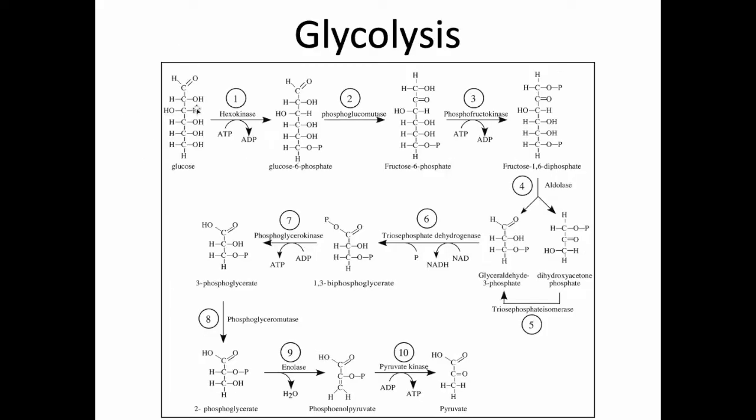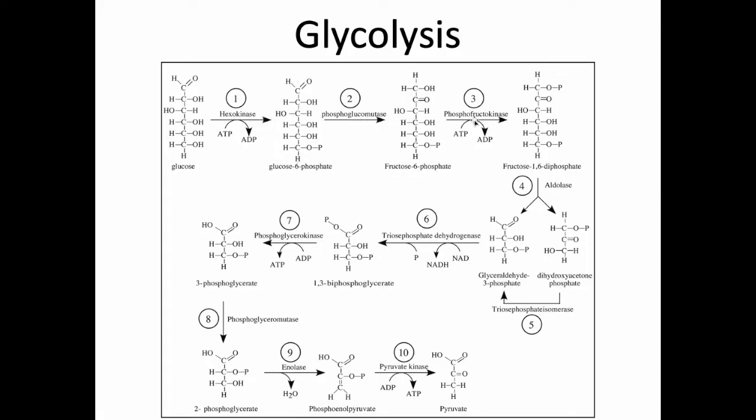Yeah, this is kind of maddening. Lucky for you, don't memorize this. But I did want to show this in order to just demonstrate what a metabolic pathway looks like. So this is a 10-step metabolic pathway. We're going to start with glucose and make glucose 6-phosphate, fructose 6-phosphate, fructose 1,6-diphosphate, and in a series of 10 steps, with each step doing one small little thing, we're going to go from glucose to something called pyruvate. Every single step has an enzyme.